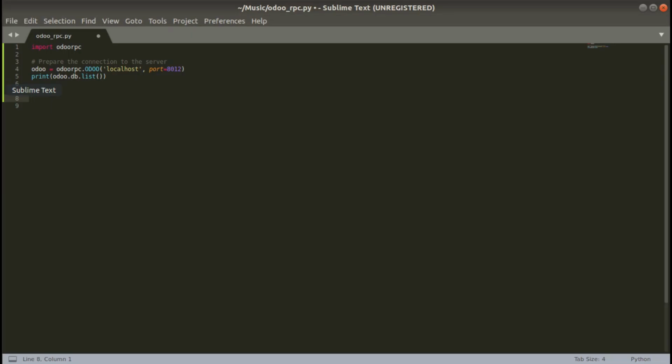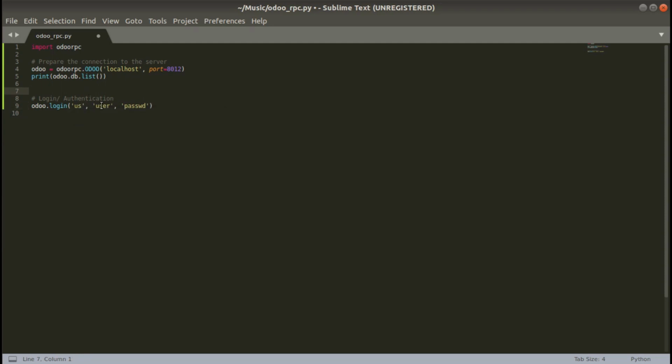So I will press Control V, and here you can see we are going to perform the login operation as a comment, login or authentication. So I will enter the comment as login authentication, and we have to specify the database that we are going to log in to. So I'm going to log into the database named US. I'll be giving the name as US, and we have to set the username and password.